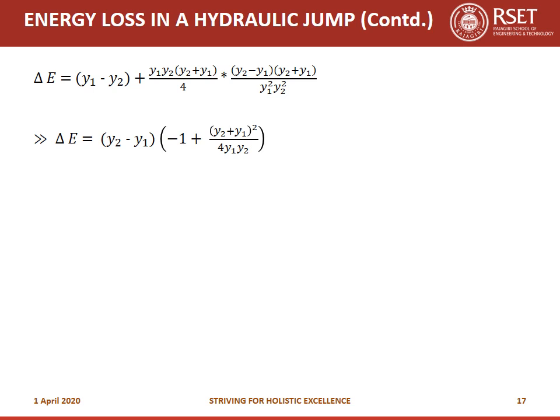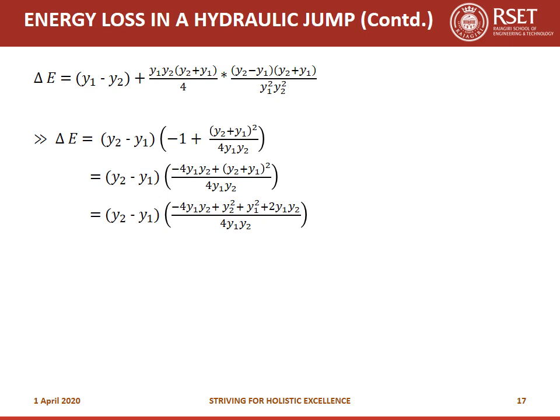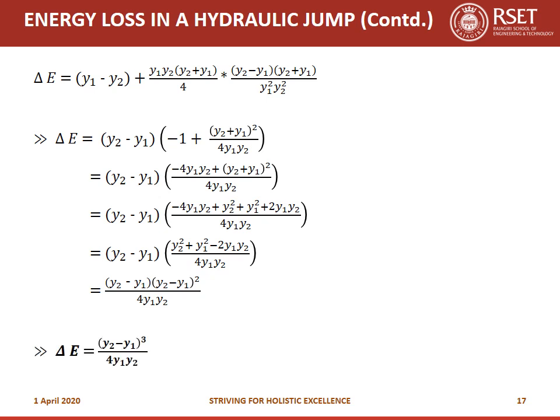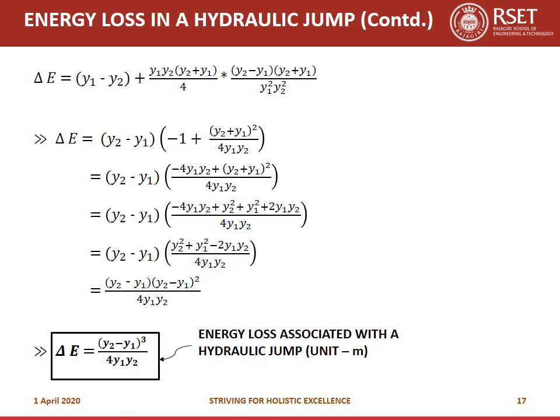Now I will simplify the terms inside the bracket. I will get (Y2 minus Y1) into minus 4 Y1 Y2 plus Y2 squared plus Y1 squared plus 2 Y1 Y2. So 2 Y1 Y2 minus 4 Y1 Y2 will become minus 2 Y1 Y2. Y2 squared plus Y1 squared minus 2 Y1 Y2 would become (Y2 minus Y1) the whole square. So (Y2 minus Y1) into (Y2 minus Y1) the whole square divided by 4 Y1 Y2, which means delta E is (Y2 minus Y1) the whole cube divided by 4 Y1 Y2, and this is the energy loss associated with